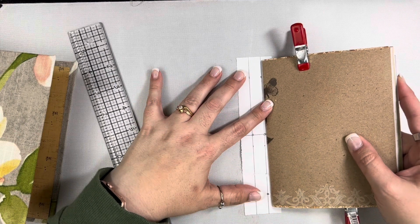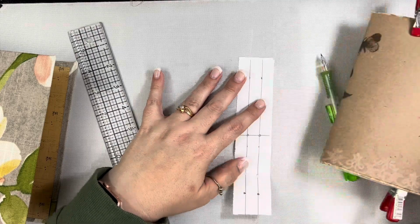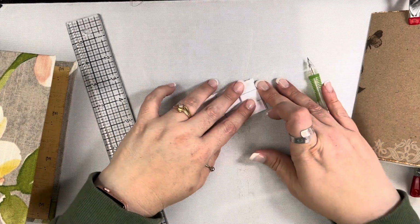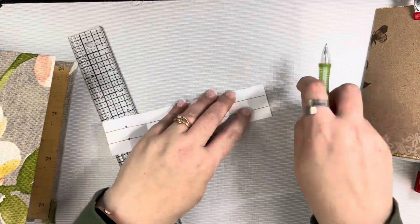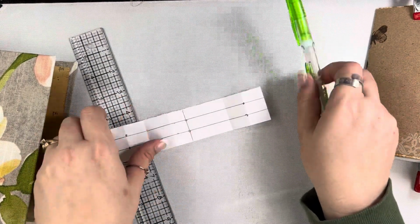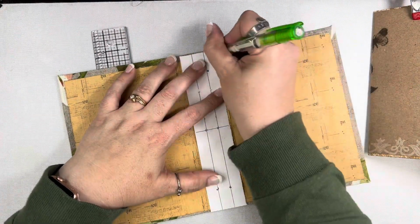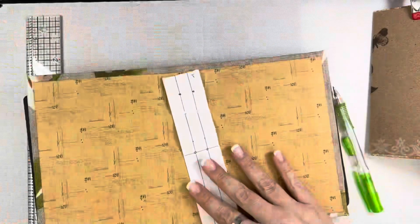And I'm just making sure that these are going to hit in the right spot on my signatures, because my signature obviously is not as wide as the spine or as tall as the spine. So again, just folding this back on itself here so that it's about the same distance. And I'm going to mark those. You can see where I have those 3 holes for each of the signatures. And then I'm marking that this is the top,